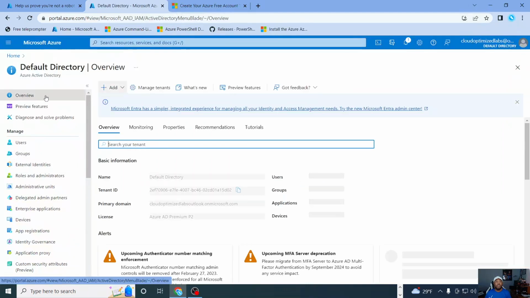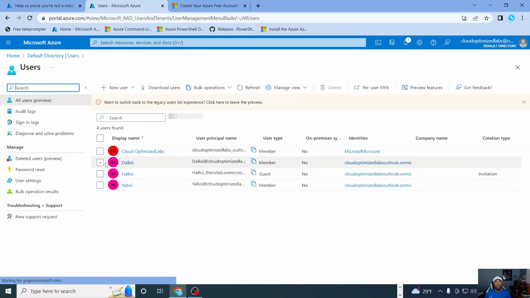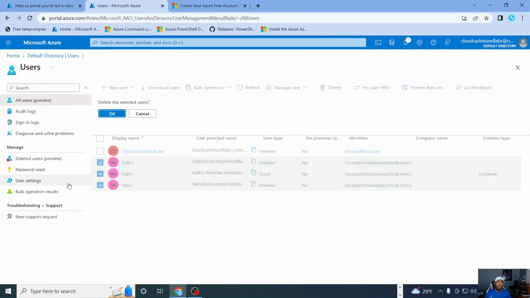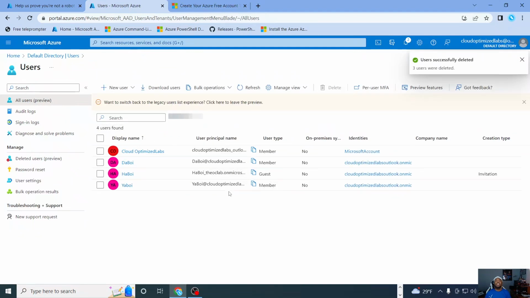We're going to close this window, and we're going to go back to users. And now we want to get rid of some of these users. So all the users that we created, don't get rid of your main account user. Not sure that you'll be able to anyway, but the new users we created, let's get rid of those guys. And so we're going to highlight them, and we're going to click delete, and we're going to say okay, user successfully deleted. And so those guys, we'll click refresh a couple times and we'll see those guys disappear here when the portal